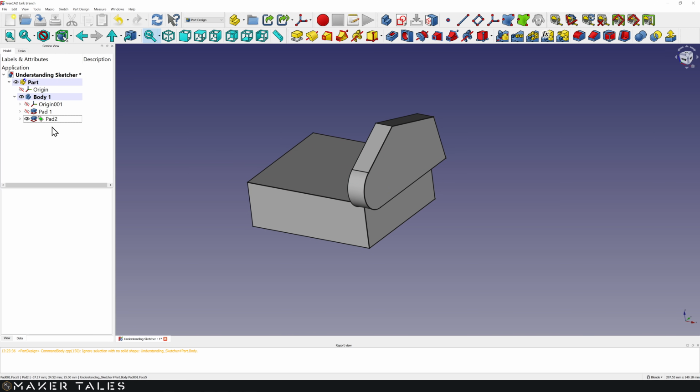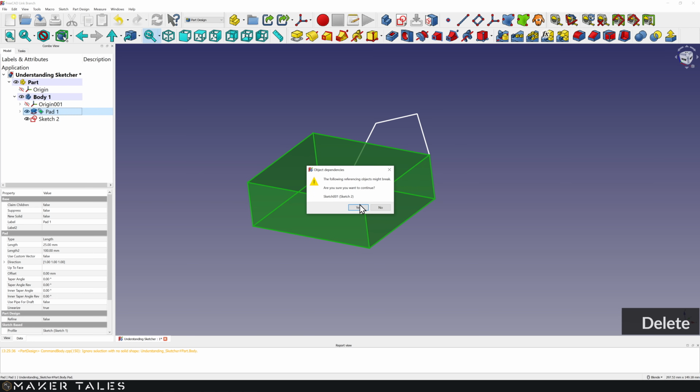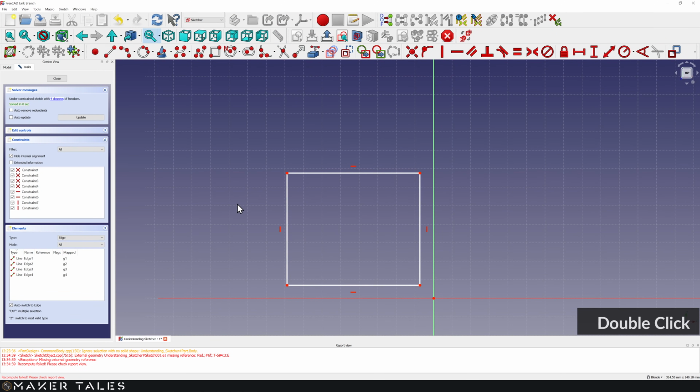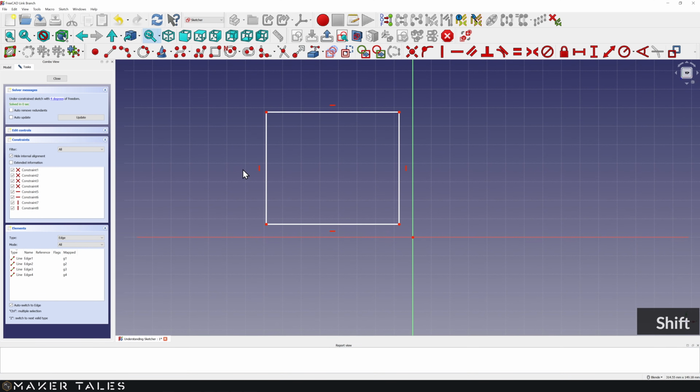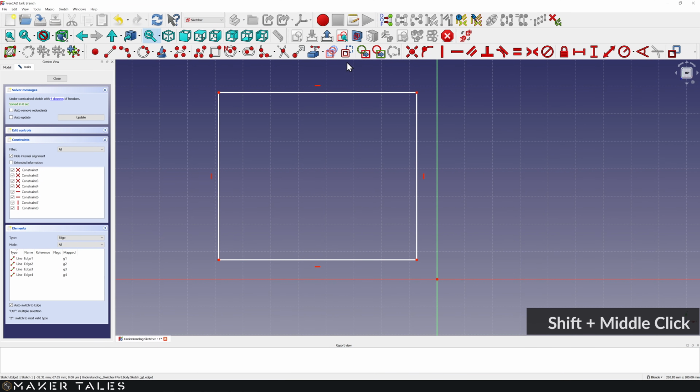But now let's go back and delete these pads. So we don't need these pads at all. We're going to also delete this sketch 2. I'll go back into sketch 1. I want to clear this little error because I don't like having that there. And now let's talk about the very last tool, which is this one here. Let's go ahead and just say it. This tool basically doubles everything that I've just shown you in this video to create something called a construction line.